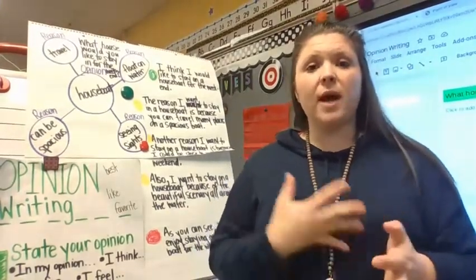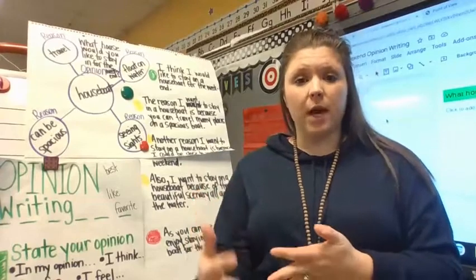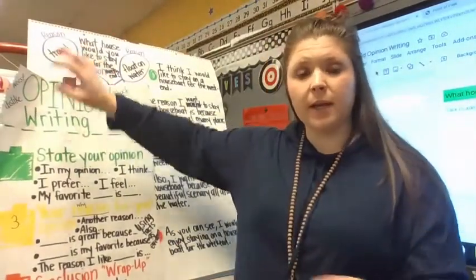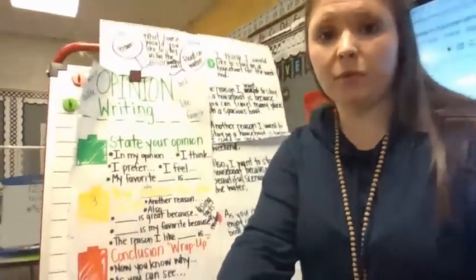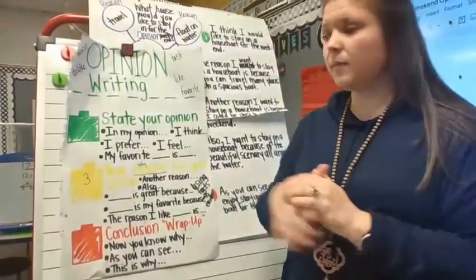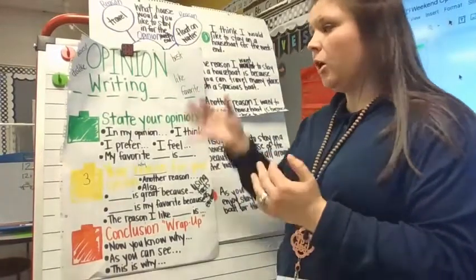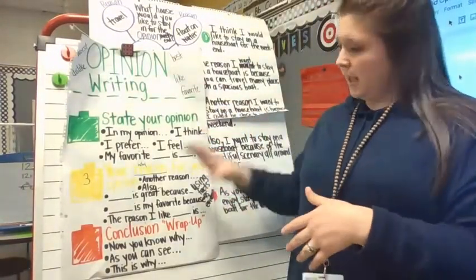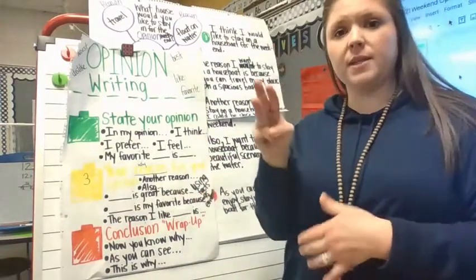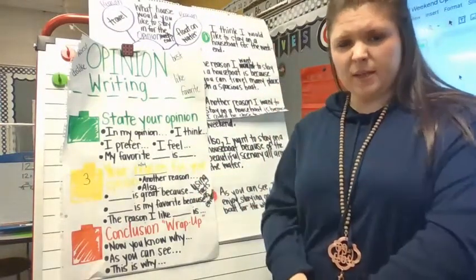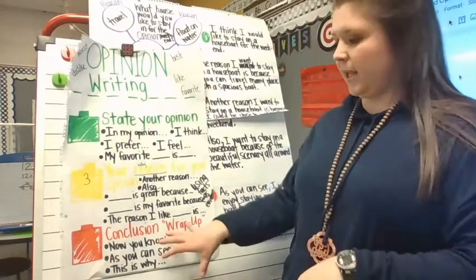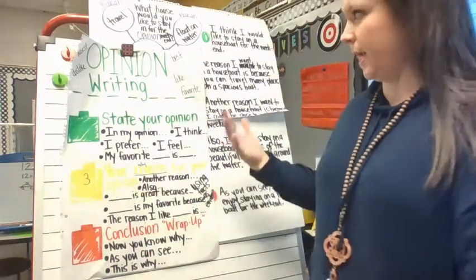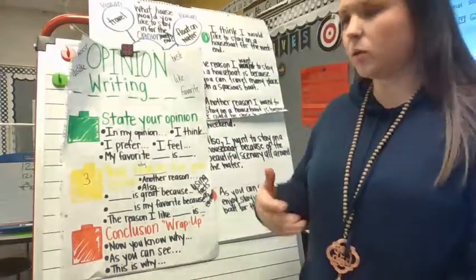This week we have been practicing developing good opinion writing. Remember, opinion writings have three parts: a beginning, a middle, and an end, just like a story or an informational text does. In the beginning, we state our opinion, telling how we think or feel about something. In the middle, we include at least three reasons why we feel that way, using facts as evidence. And at the end, we write our conclusion or wrap up to remind our reader what it is that we wrote about, okay?